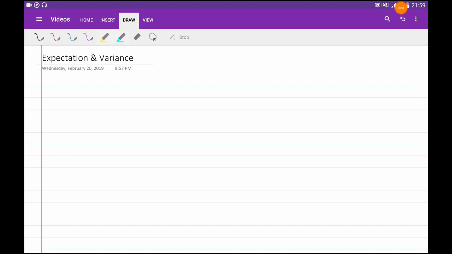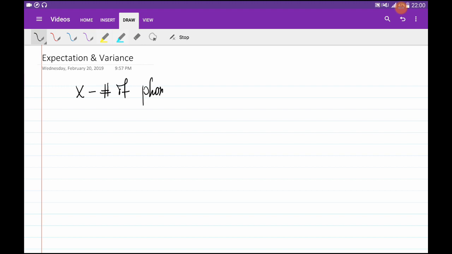Today we're going to discuss the tools of the analysis of data. So I will start with the expectation, which is nothing else than the average. So let's assume we've got the random variable x, which is the number of